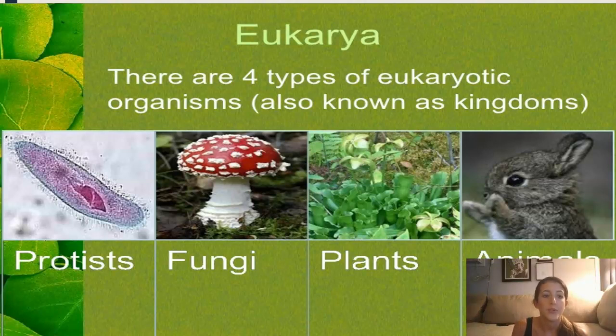You are not going to be responsible for knowing different organisms that are in that protist group. Scientists are still kind of developing and breaking down that even further. So just like our archaea and bacteria, where scientists are still working on it, protists is the same thing. There's even been talk of splitting the protist kingdom into multiple kingdoms. That way it could be a little bit more accurate. So science is always changing, so things to keep in mind, but you will be held responsible for knowing the 4 kingdoms and the characteristics of life we've gone over.